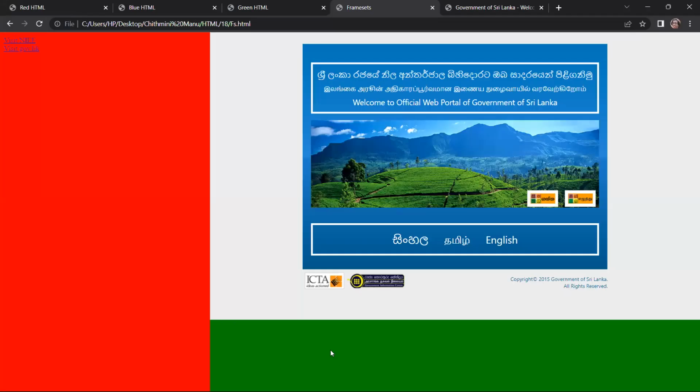You can use this idea and create different kinds of websites. For example, here you can put important links on the left side. On the right side, you can load the websites. When you click a link, the website loads on the right side. But this is